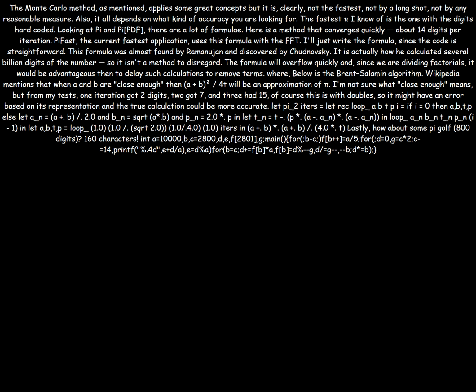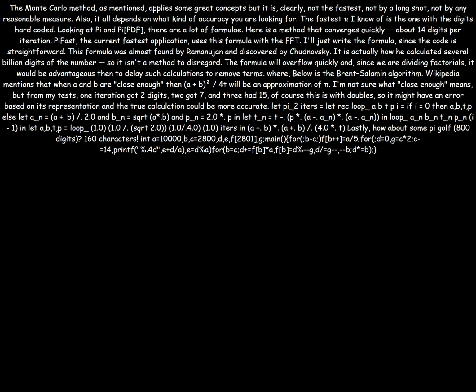let t_n = t -. p *. (a -. a_n) *. (a -. a_n) in loop (i - 1) a_n b_n t_n p_n in let a, b, t, p = loop iters 1.0 (1.0 /. sqrt 2.0) (1.0 /. 4.0) 1.0 in (a +. b) *. (a +. b) /. (4.0 *. t)